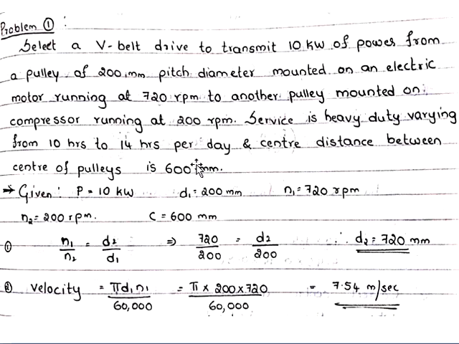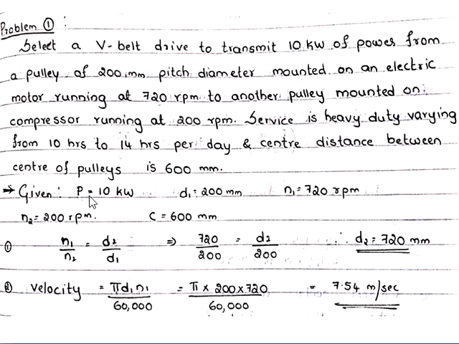Next given value is center distance between pulleys, given as 600 mm, capital letter C. You might get confused. In the last step, we are calculating something called correct center distance. Then what is the difference between this 600 mm and the correct center distance? Actually, this 600 mm is the approximate center distance. After calculating different terms like velocity and number of belts required, this center distance will change by a minute amount. So that final value will be the correct center distance we calculate in the final step.